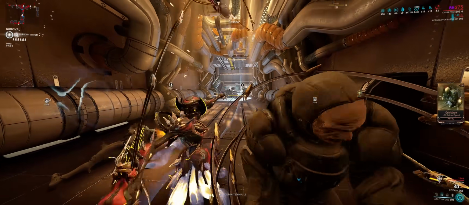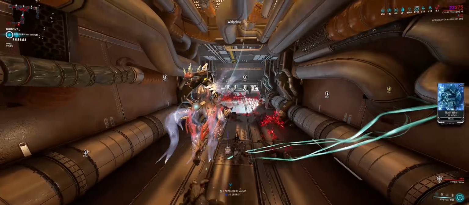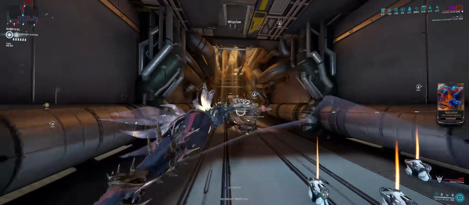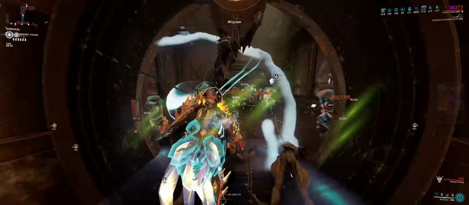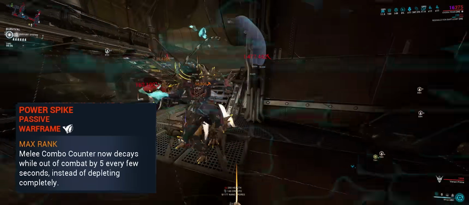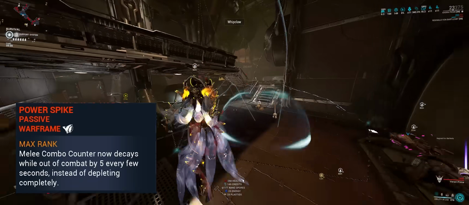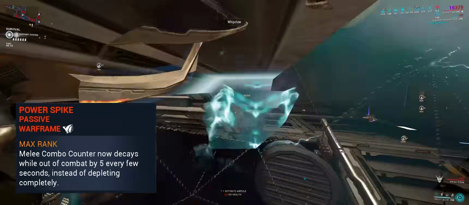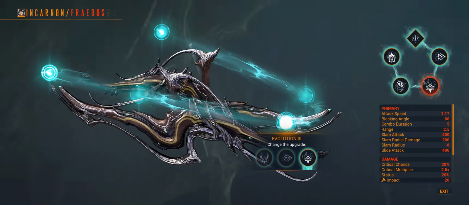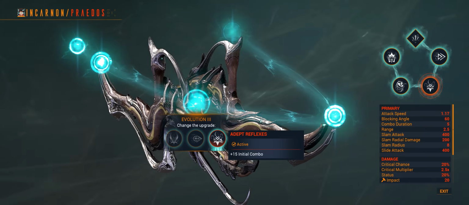And for additional flexibility, if you somehow are in a mission with a lot of downtime, like interception or defense, where enemies take a year to spawn, or the little wait between each wave, you can use the Naramon Focus School with the Power Spike node, so your combo doesn't fully disappear and decays slowly. Or if you're going Rivenless, I suggest the Praetos with its utility to give you initial combo and gain combo